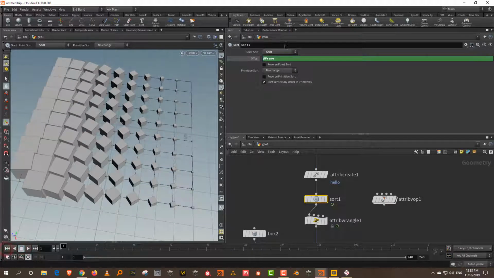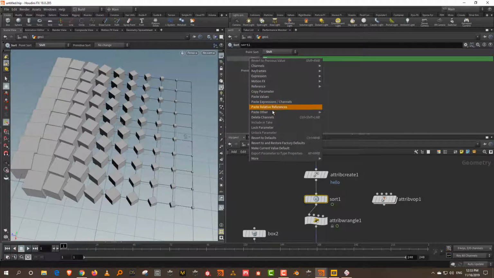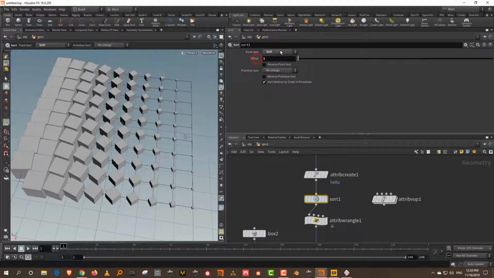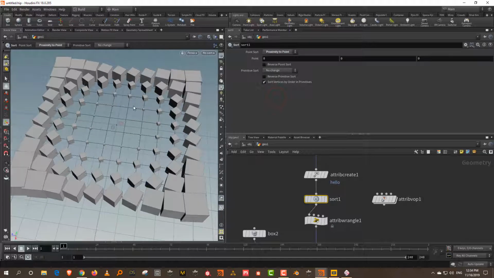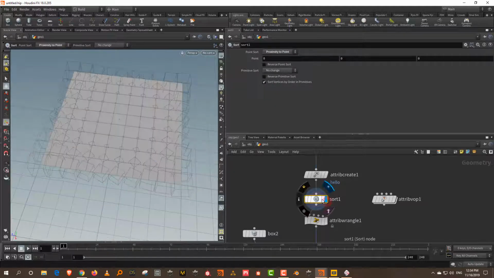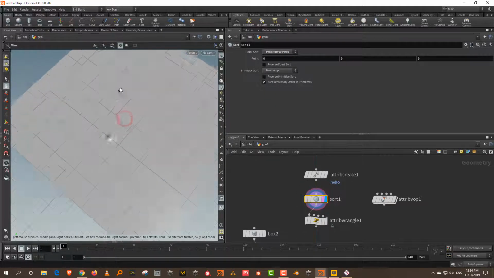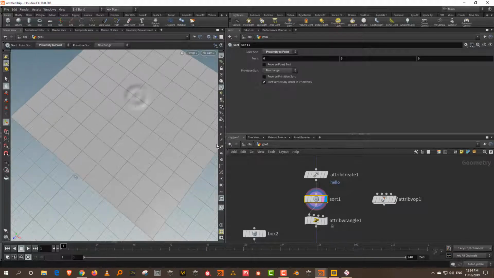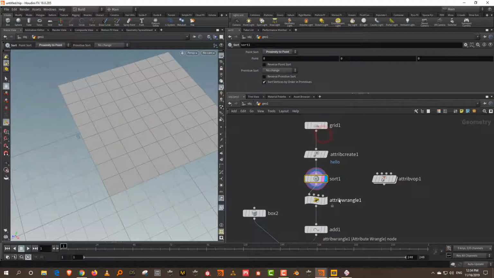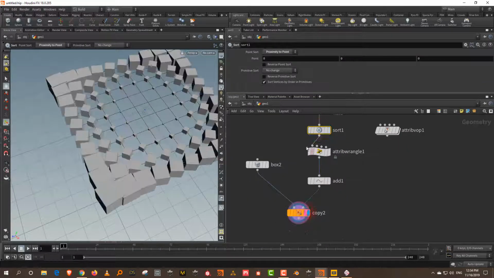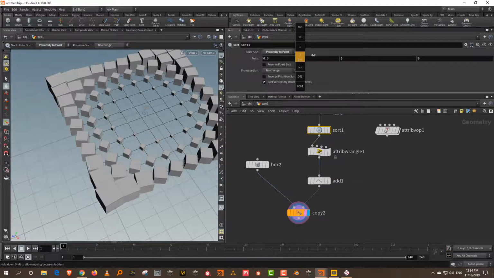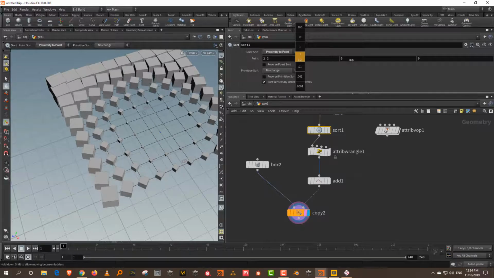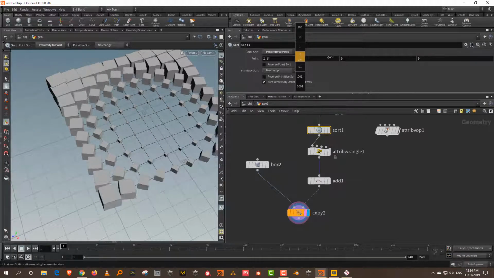Now let's do something a little more interesting. I can delete this and switch this to something very nice called proximity to point, which essentially puts a value in the center, and then the numbers radiate outwards from that. We put in proximity to point, and if I change that center around somewhere, it will shift. You can see the tiny little dot that moves along the grid.